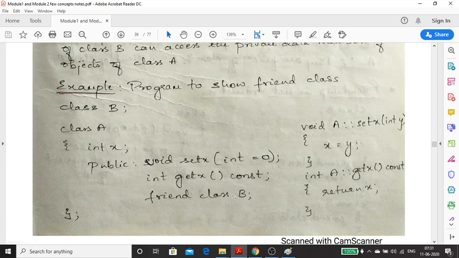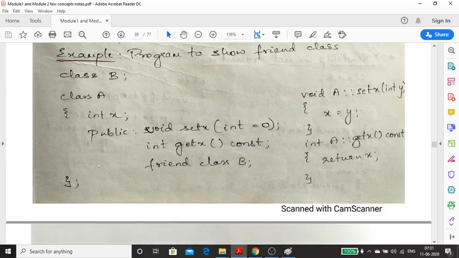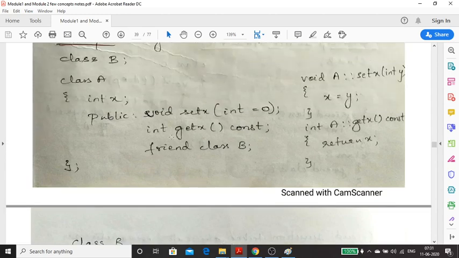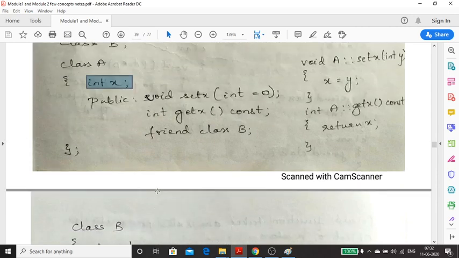So there's a class A. Within the class A, we have written class B. At this particular line, if the compiler does not know anything about class B, that's the reason we have declared that one. So we are telling the compiler the definition is written below. Okay, so there's a class B. Now class B will become a friend of class A. Now within class B, I can access the private data member. Only one private data member is there within class A, that is X.